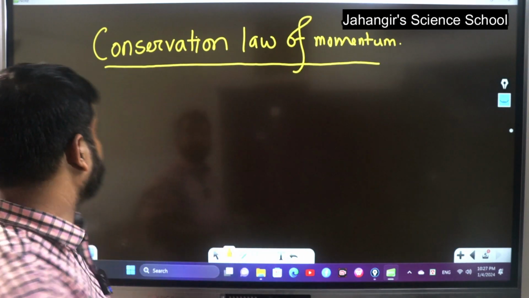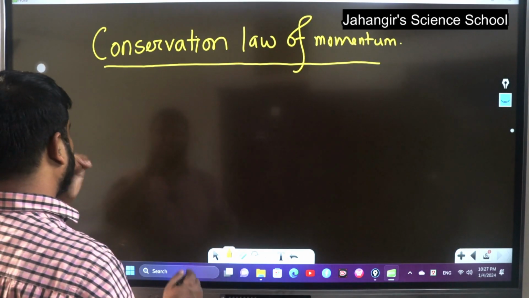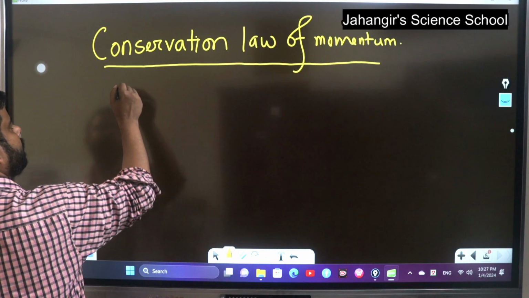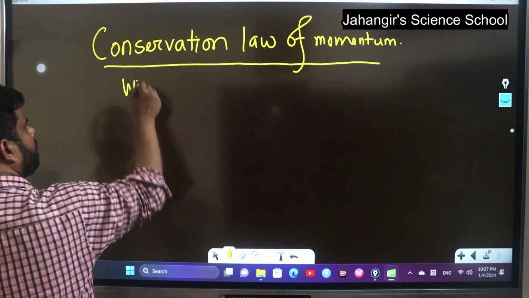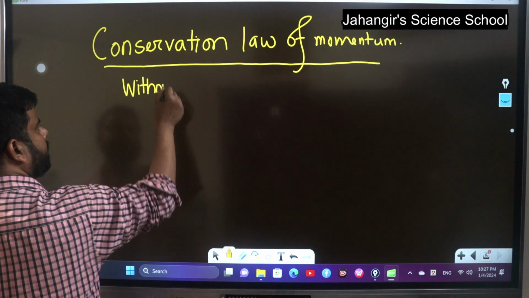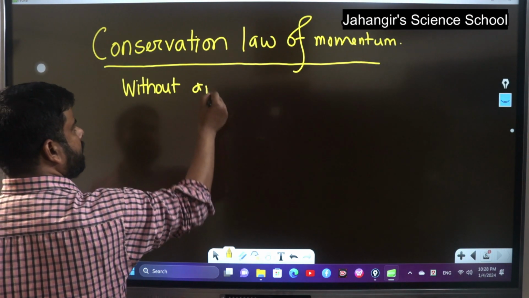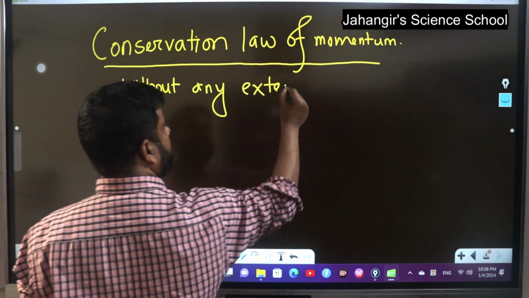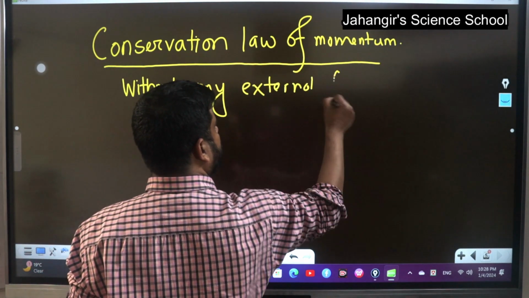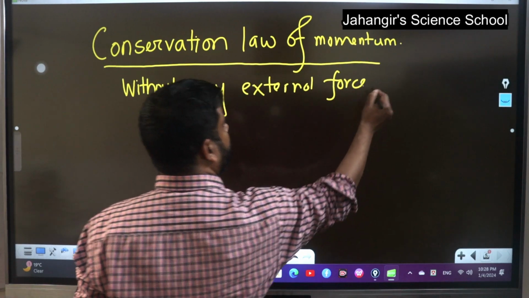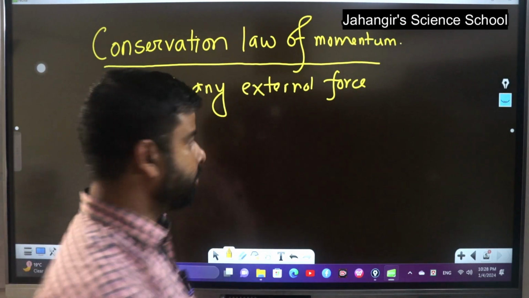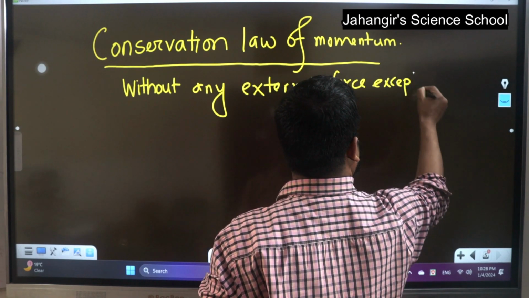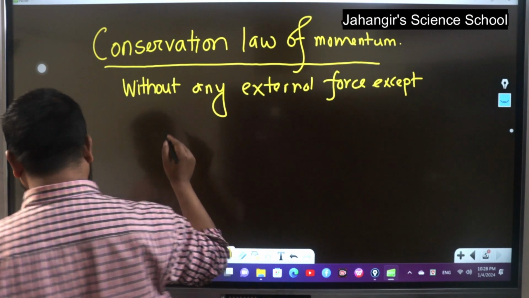Conservation law of momentum. According to the conservation law of momentum, without any external force, except collision or explosion,